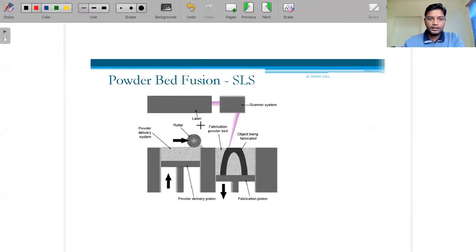Okay, so if you see this one, it has the same structure, like the x and y motion that is provided to the nozzle laser head. That is the x and y direction. For the z direction, we are using this piston, and the piston is connected with the platform. Initially the platform is here, connected with the piston. Either we can fill the powder at the bottom of this piston head, so that it will move down and the powder will come up, or on the other side we can use a separate assembly for the powder.